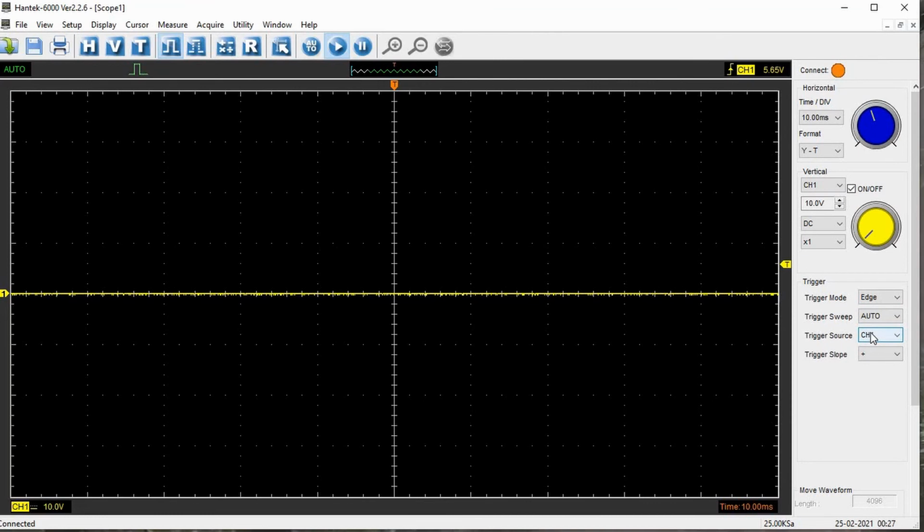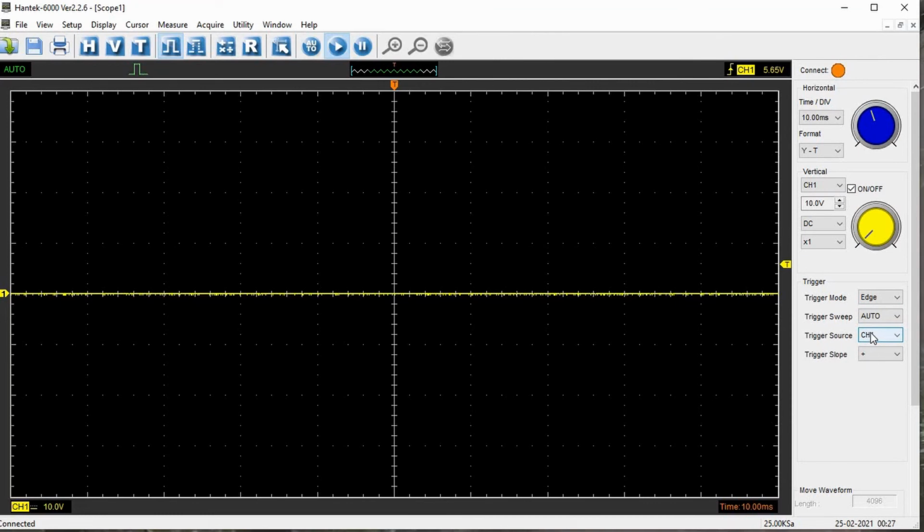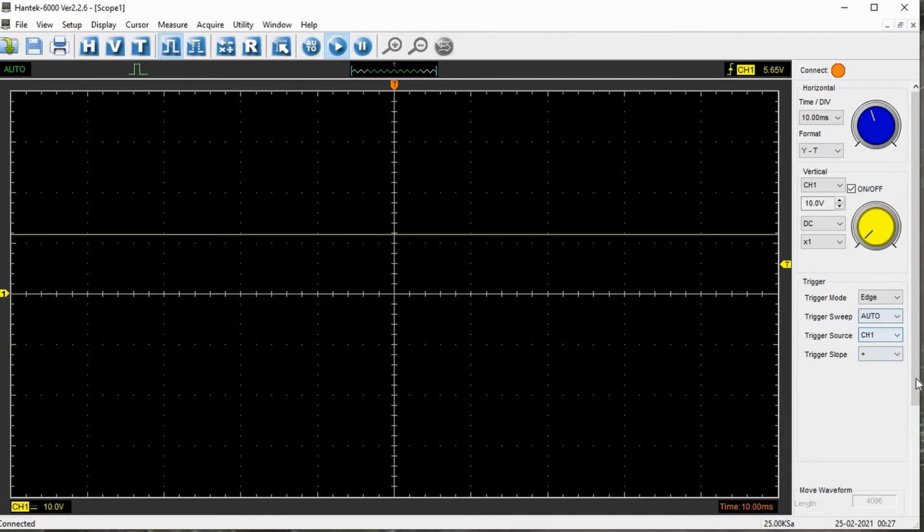So now it is high, it is low. I want to capture the transition when it goes from high to low, so I want a falling edge. It should trigger at the falling edge, and let's see. I'll move it to single. Now this is running. So let me press the button.